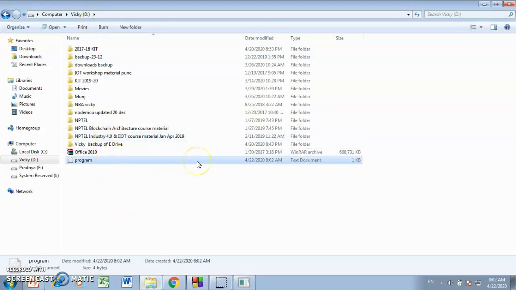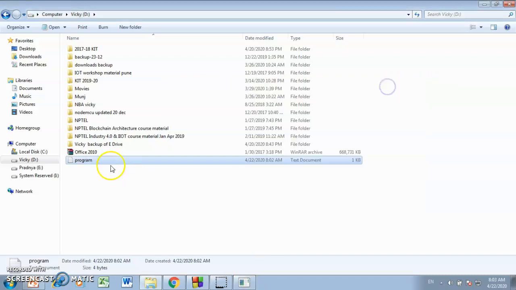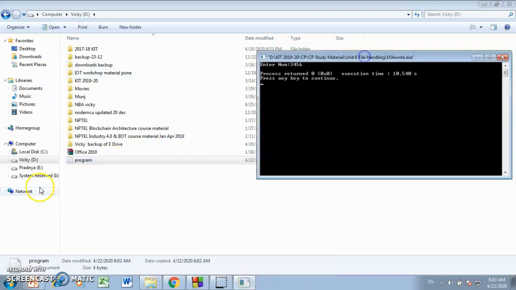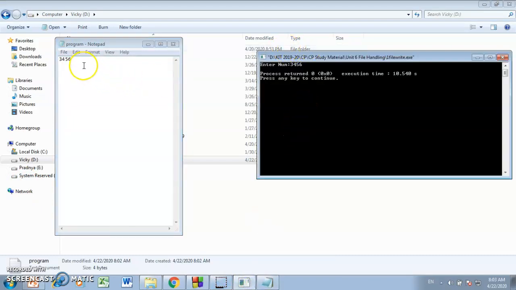Previously it was not present. And now the number 3456 that I have given is printed inside the file program.txt.